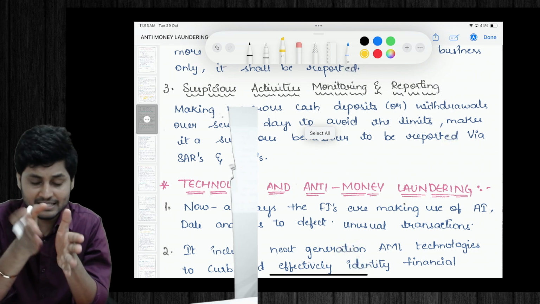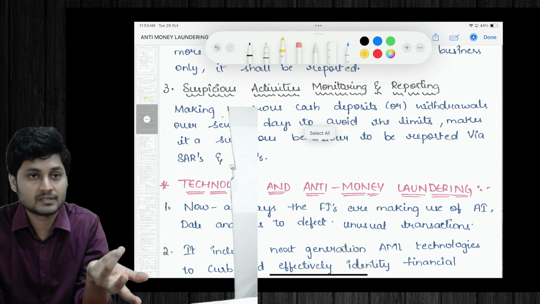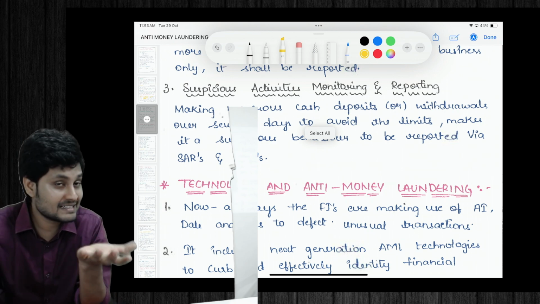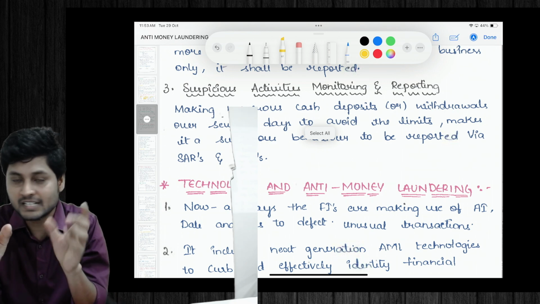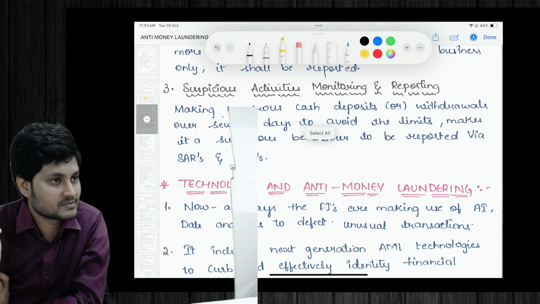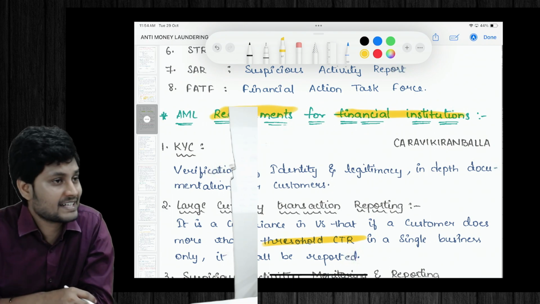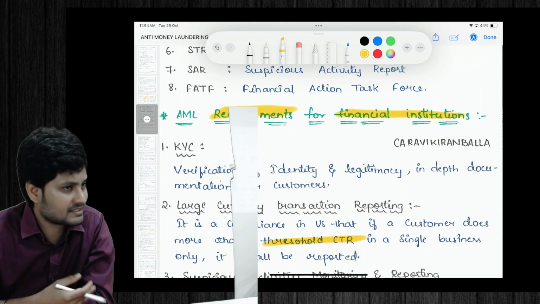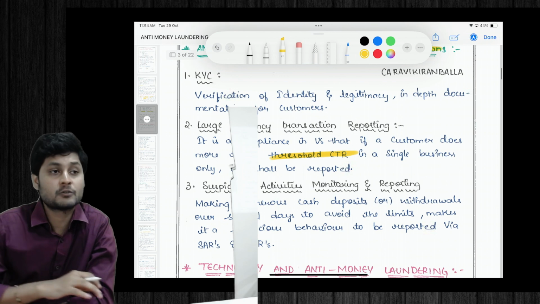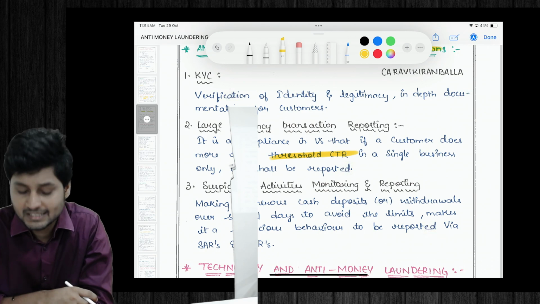Because a lot of times the money may move from one country to another country, and this may be because of a reason called terrorism, or this may be a reason called money laundering. And hence they keep a continuous eye on the transactions happening in those suspicious bank accounts. Okay, this should also form part of the requirements for whom? Financial institutions, and let us take the example of banks. These are the requirements which are put in place by the government on the banks for the purpose of eradicating money laundering. Okay, so first one,